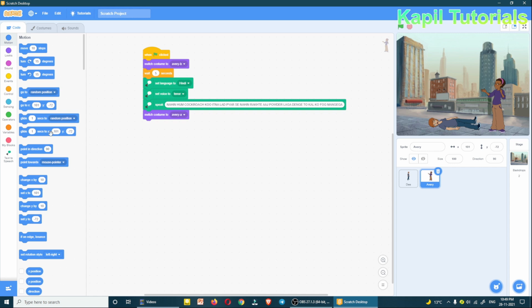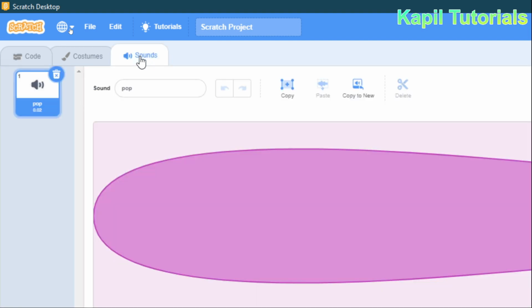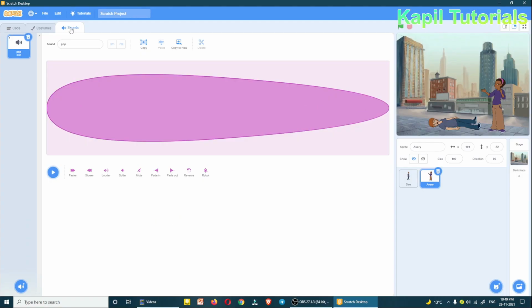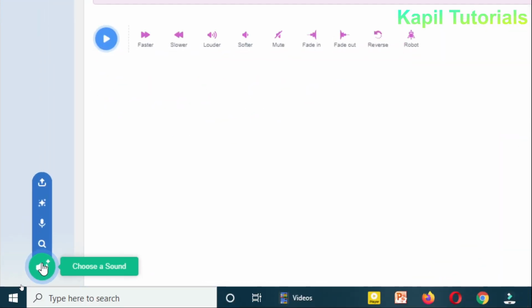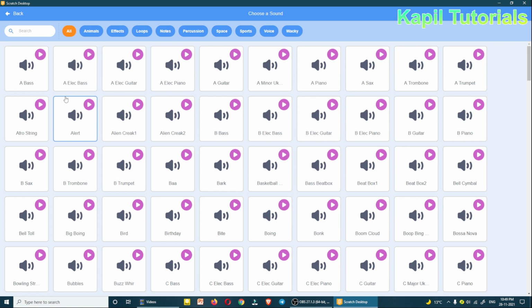So just to add the sound, you could see here sounds. I'll click it here on sounds, and at the bottom you could find here this speaker type icon. Click it here, and then I'll just click on any of these icons just to find some kind of a funny noise.